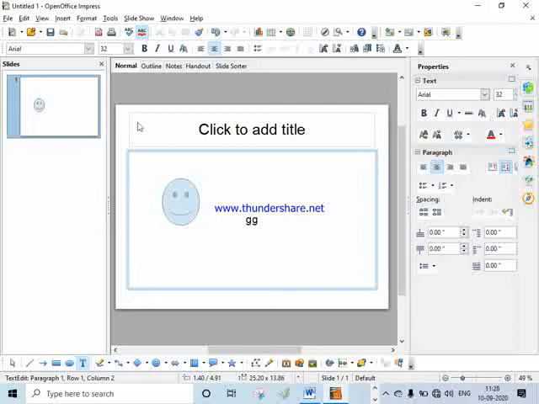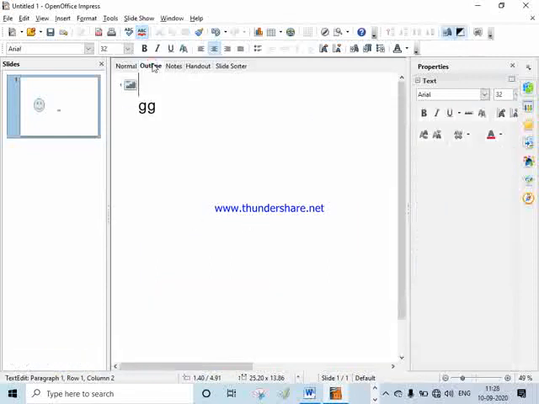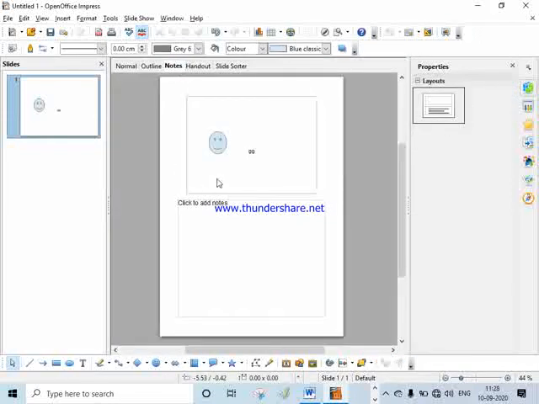Then next is slide show, or say slide view buttons. They allow you to view a presentation in different views or modes. By default your slide is on normal view. If you click on outline, this shows outline view. Notes, you can write notes over here.